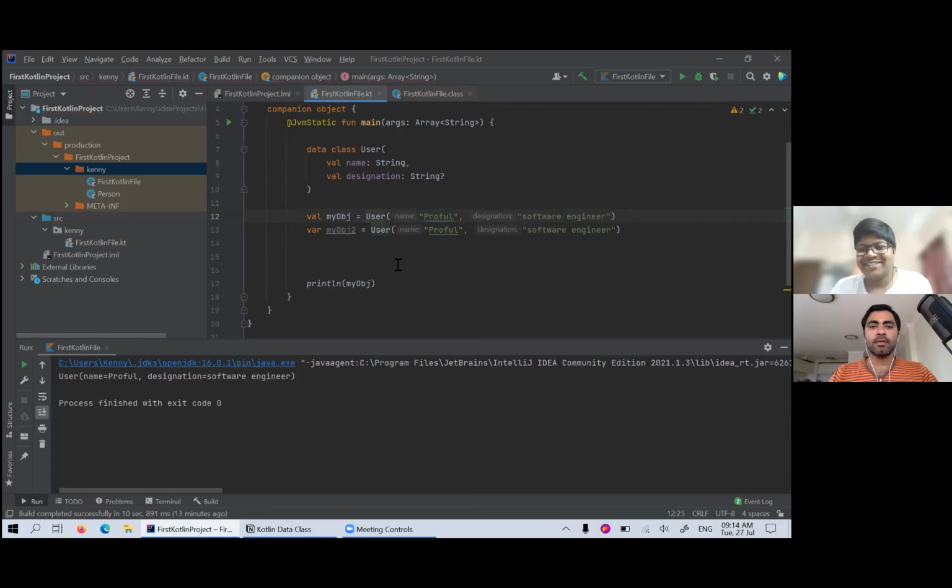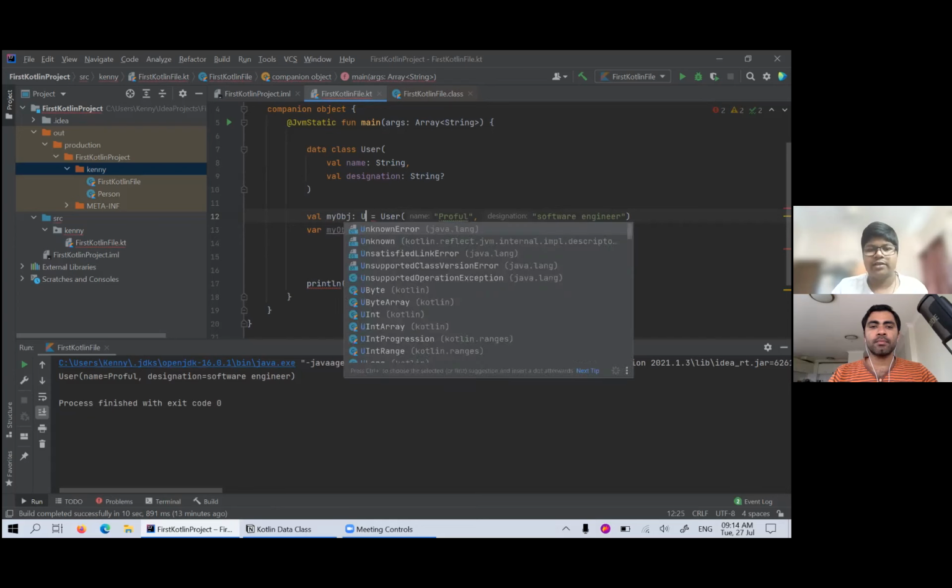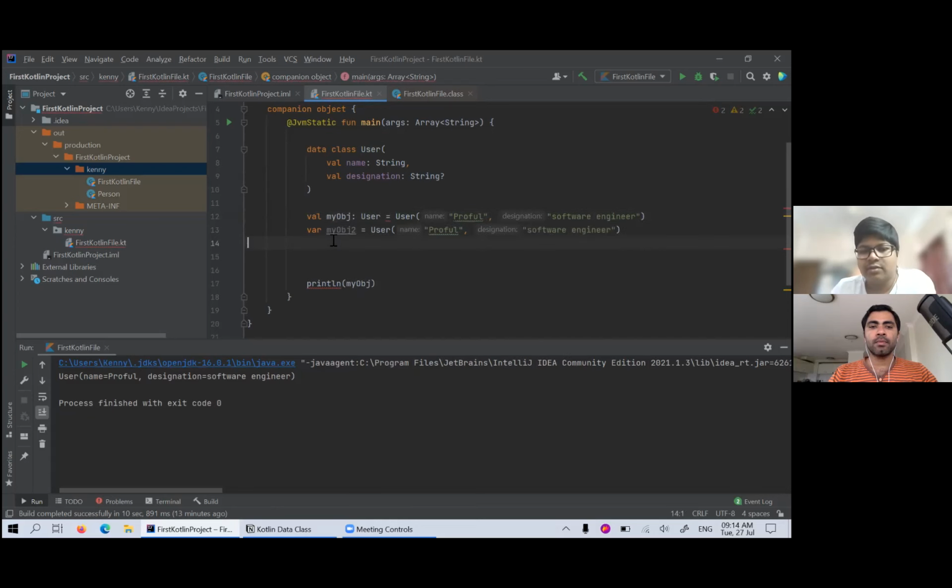Yes. It's an interesting way that they have done this: whenever you're initializing and provide a value, it will automatically infer the type. If we hover over it, it is already saying it is of type User. It already knows that. But if you want to, you can optionally put a colon and then give the type.